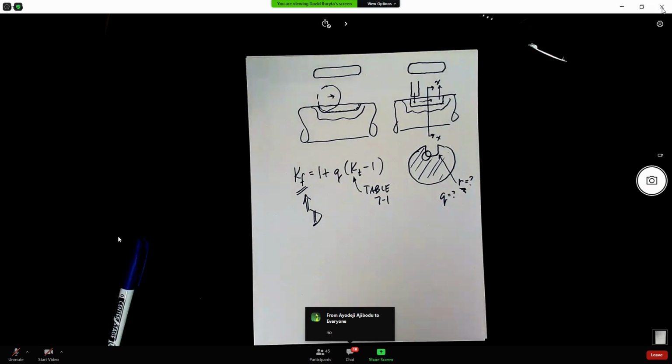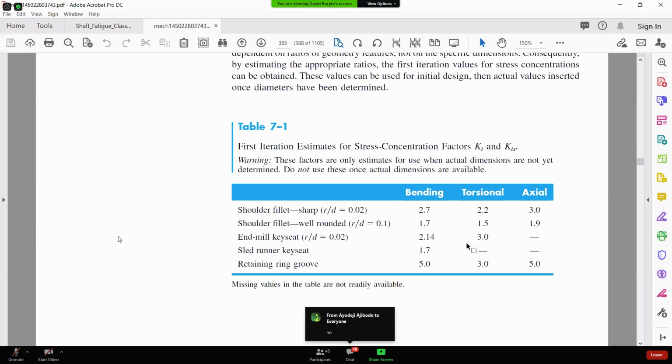So I'll turn this off. These are just estimates, what they call first iterations. If you're just doing an initial design, you can use these estimates. Because you know you're probably going to have to do another iteration with your design, which is what you're going to do with your gear pump, because you're going to do another full analysis in sixth semester. So in this semester, you're going to use some estimated values and the Soderberg criteria, I think,